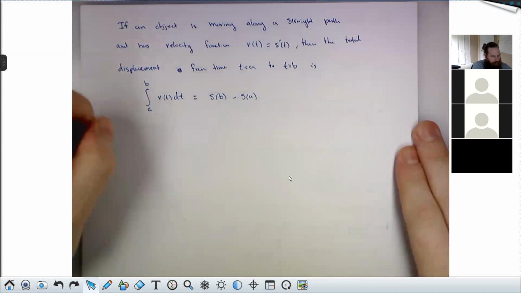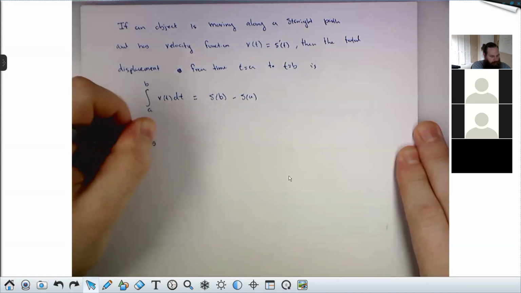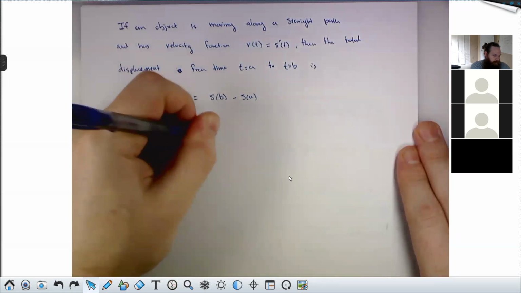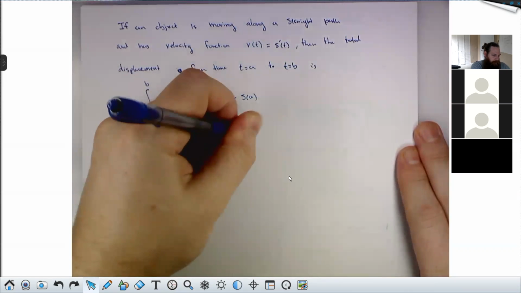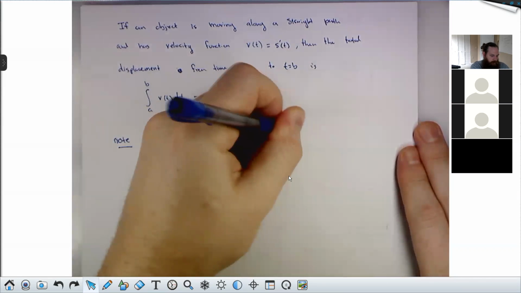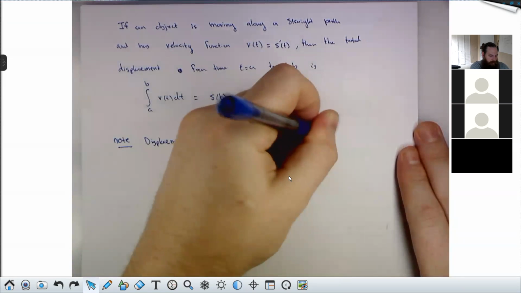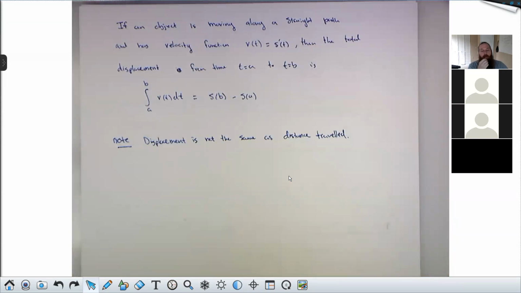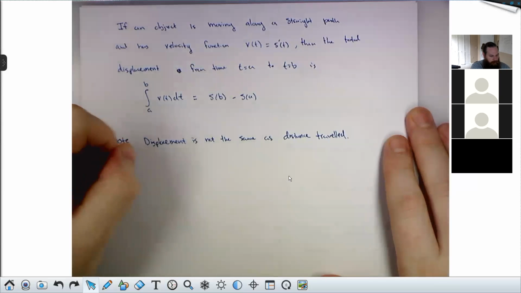A note, displacement is not the same as distance traveled. Like the example I gave you, if you go in a loop, then you finish where you start. Your displacement is 0, but you definitely didn't travel 0 feet, right? If I go on a 1 mile jog around my neighborhood, then my displacement is 0, but I traveled a mile. The distance traveled